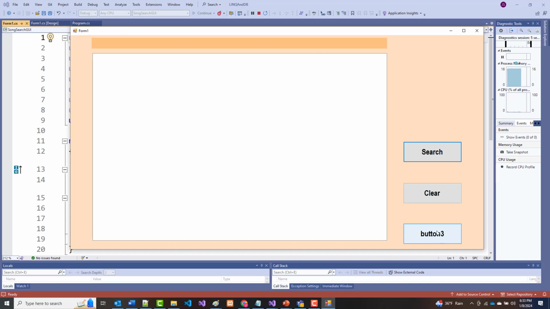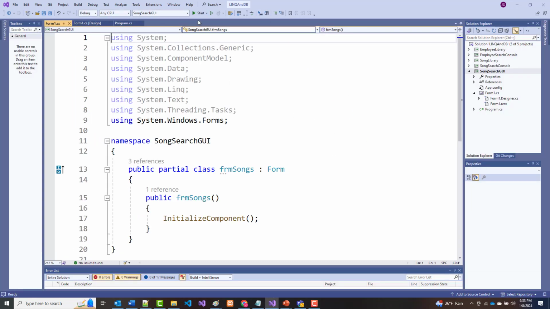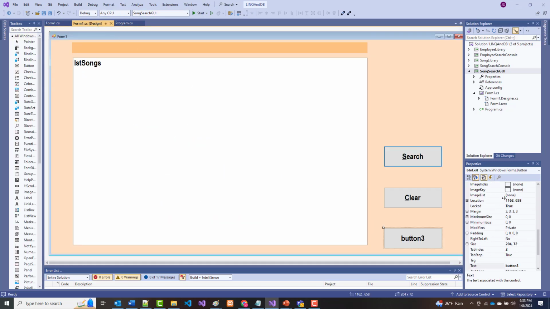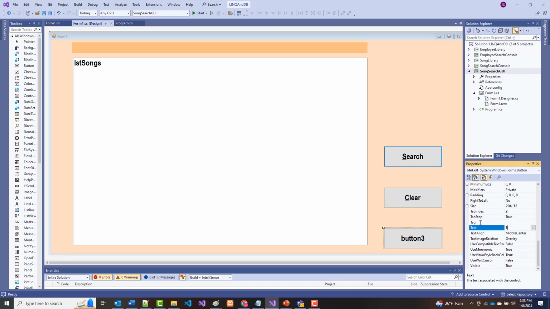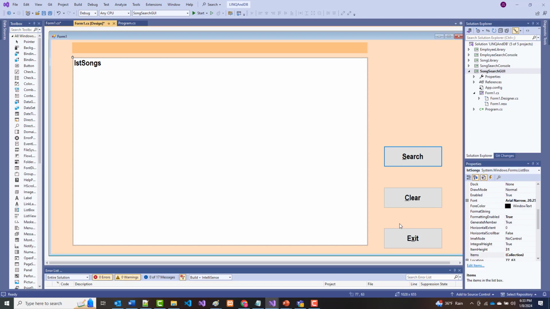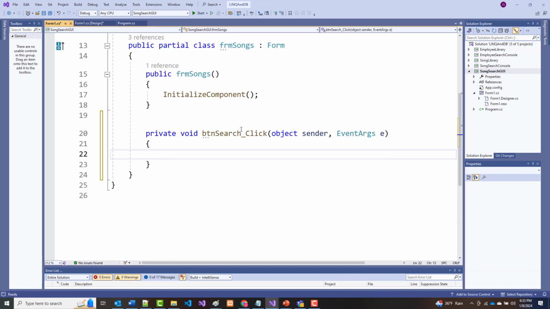I didn't change that to exit, but that's okay. We'll fix it right now. All right, so this, I didn't change the verbiage on here, or I did, and somehow it wasn't changed. There we go. All right, so when this happens, when we run the search, we're going to want to perform